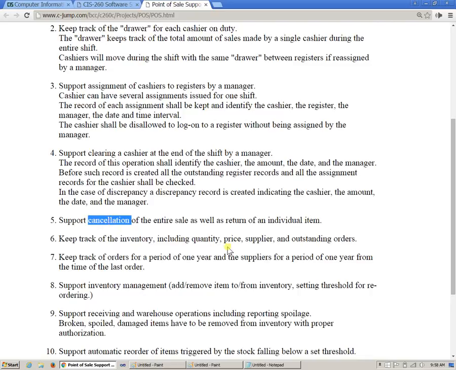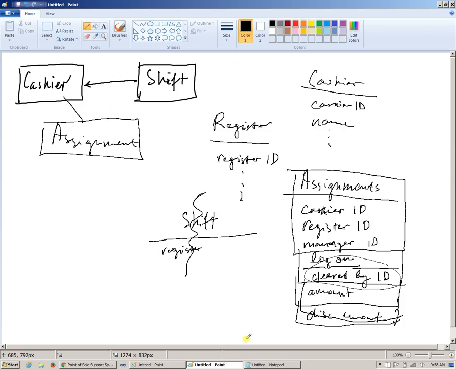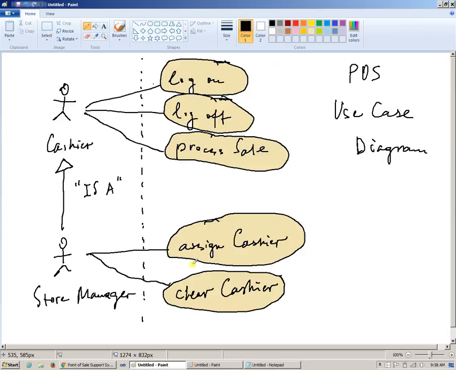Cancellation of the entire sale. How do I deal with this? Cancellation, it's a bit strange, right? When we're talking about the cancellation of a sale, it's not like we have this cashier who will jump into the system and do cancellation of the sale. Basically, cancellation of a sale is a possible scenario during the sale process, right? So cancel